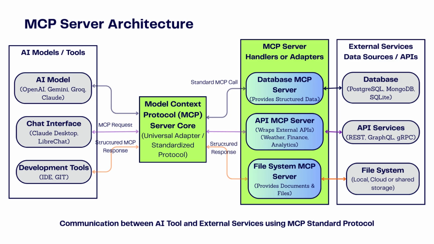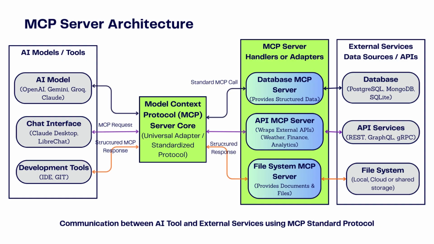And finally, the response layer. Once a handler finishes its work and gathers the result, the response layer steps in. Its job is to take that raw output, whether it's data, a message, or a computed value, and format it properly according to MCP standards. This ensures the response is well-structured, consistent, and easily understood by the model or client.